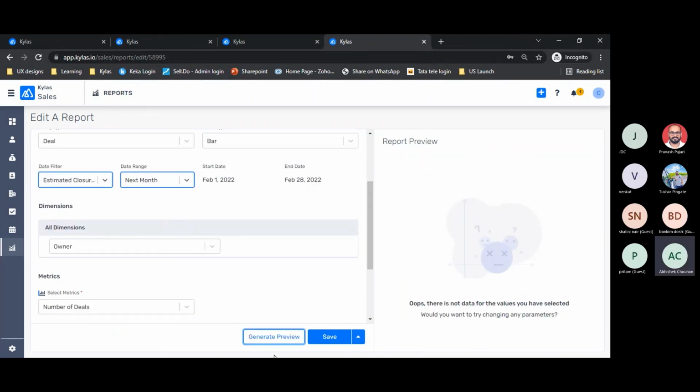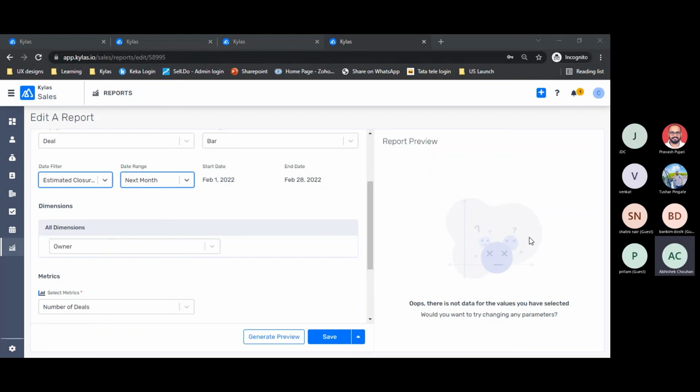So there are many reports that we can fetch, and we had a dedicated session on reporting in Kailas. Maybe if it is needed, we'll again host that session for more people, and you can find that recording on YouTube also. There I have shown how many types of reports we can create in Kailas, and how they are benefiting us. I hope this answers the question.